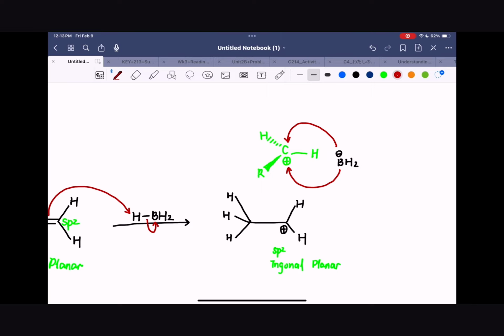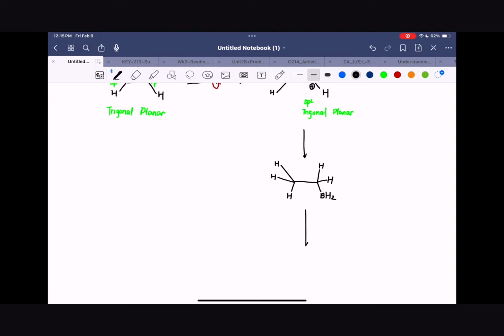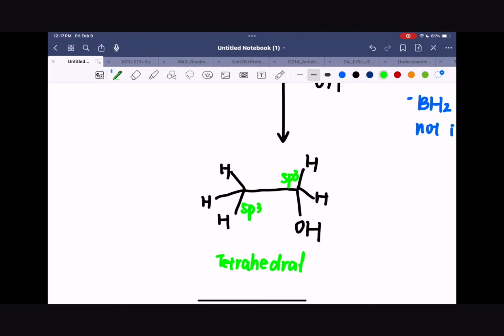We will now talk about the oxidation step. Oxidation is not well known in our scope, and it's beyond our scope, but alkyl boranes react readily with water and burn spontaneously, thus it is oxidized. The OH simply switches in with retention of configuration. The exact same plane in which BH2 was added is the exact same plane in which OH is added. If it was wedged, the OH would be wedged too.